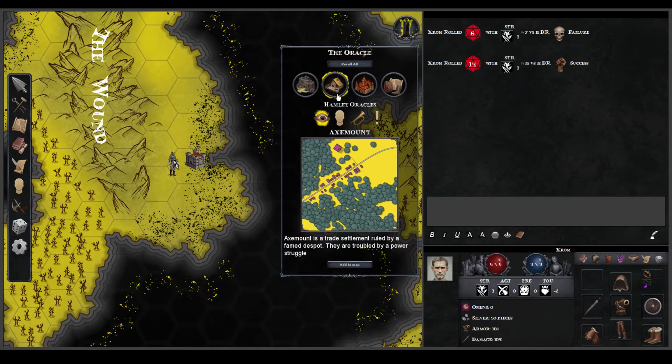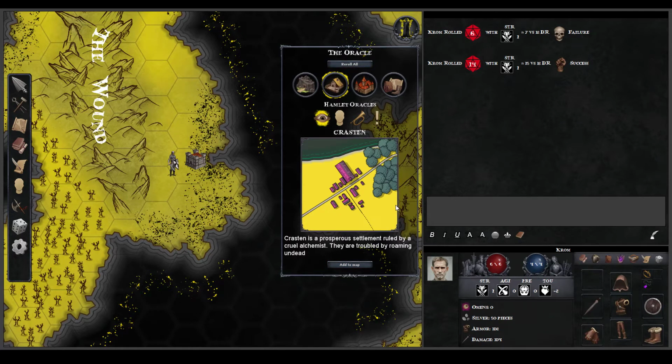The first we're going to look at is settlements, and each oracle has different sections right here, and the first one is for the map and a small description. For example, this one, which is completely random, is called Axmount, and is a trade settlement ruled by a famed despot. They are troubled by a power struggle. You can change this by clicking here on reroll, and it will generate a new settlement with a new map